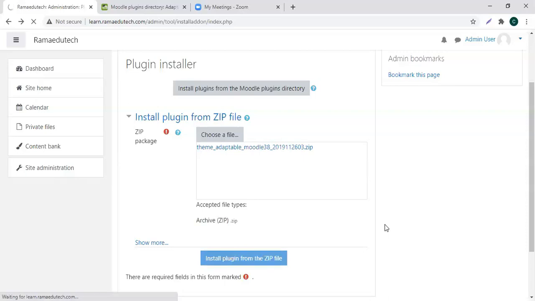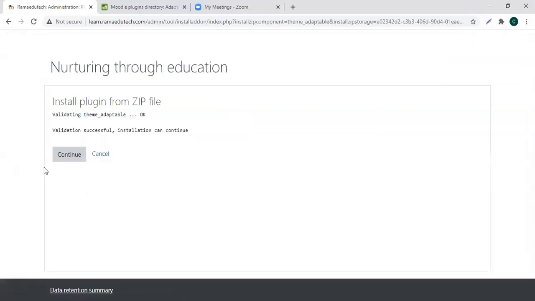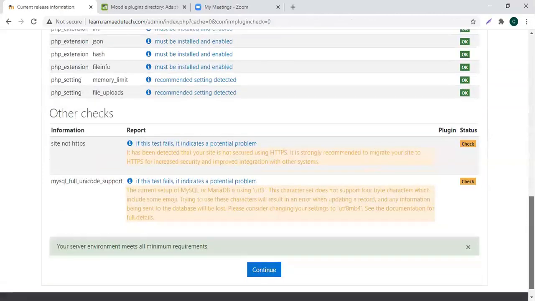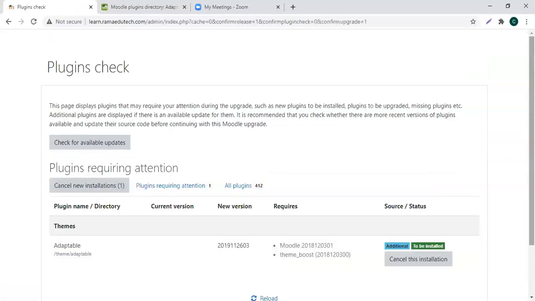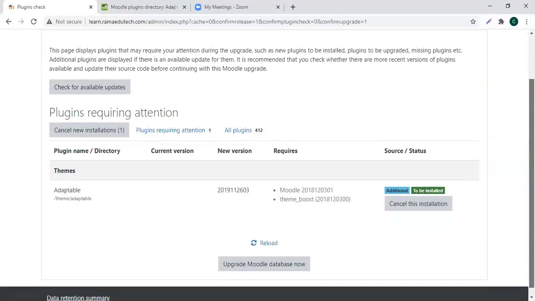It is not very difficult actually. It's just that you have to upload it. Then just click on continue. Again, click on continue. This is being checked at the back end if the server meets all the requirements. Okay. Now they have seen that the server meets the requirements.